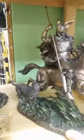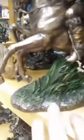All right. So now we have a version of Odin riding Sleipnir. I love how much motion is happening in this particular piece. You can see all 8 legs are moving. This is actually Freki running beside him, not Fenrir chasing him. They show his spear that never misses. All the amazing details. Even in the grass, there's just